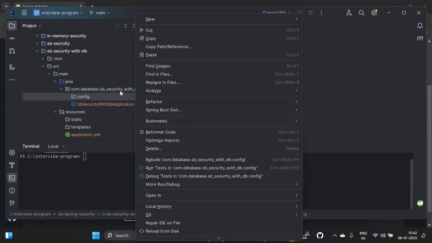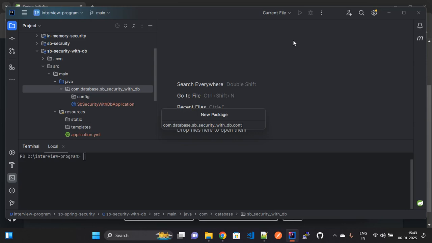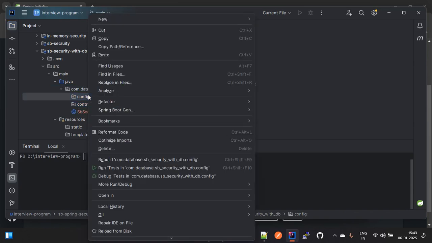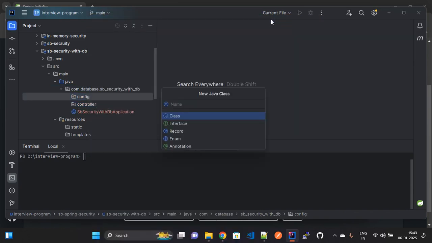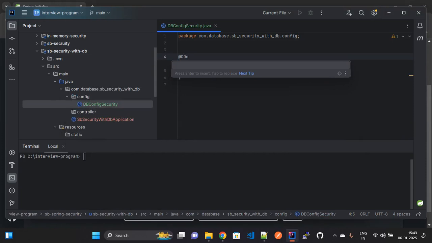Now going to define the controller here. Going to create another package, controller. Here adding the config DB config security. Now we need to add the at the rate configuration,